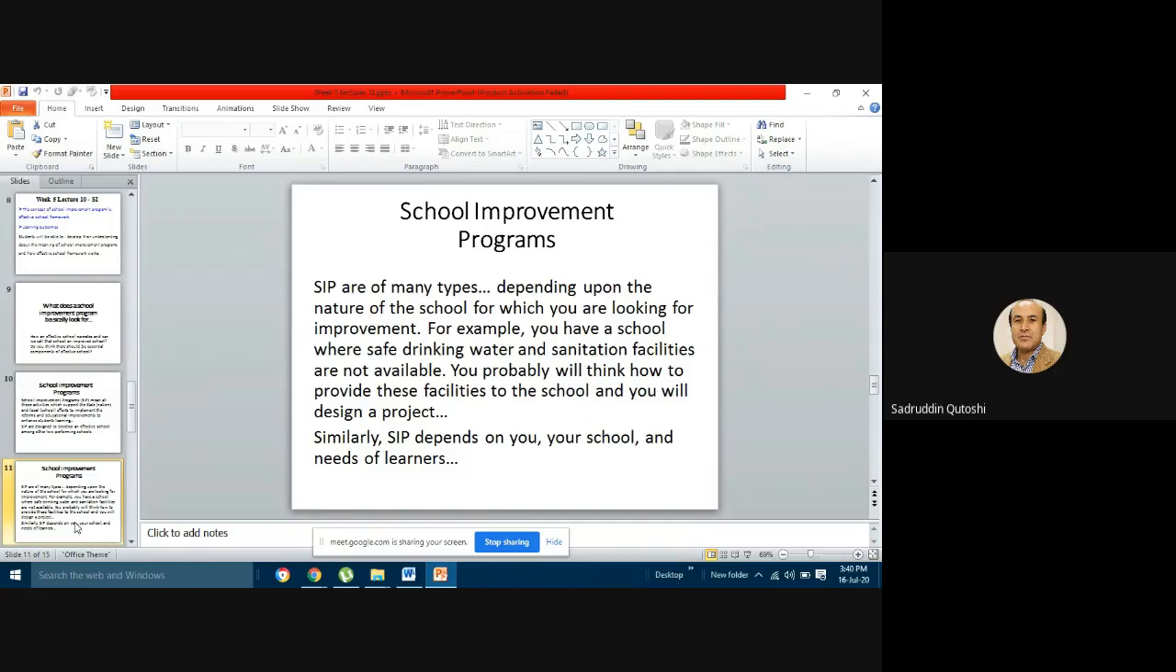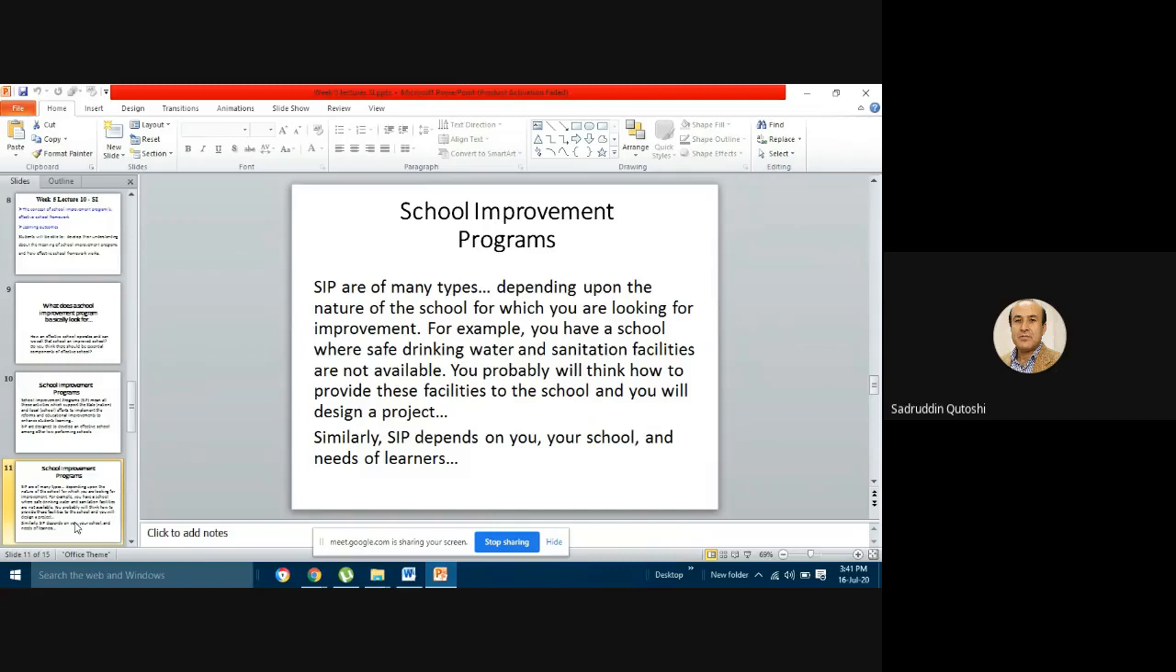Similarly, for that, you will probably think about how to provide these facilities to your school. Who will provide them? What kind of activities will you do, which will help you to install these two particular missing elements in your school? So basically, you not only identify some missing elements, but you also plan how these facilities, which are not available in your school,